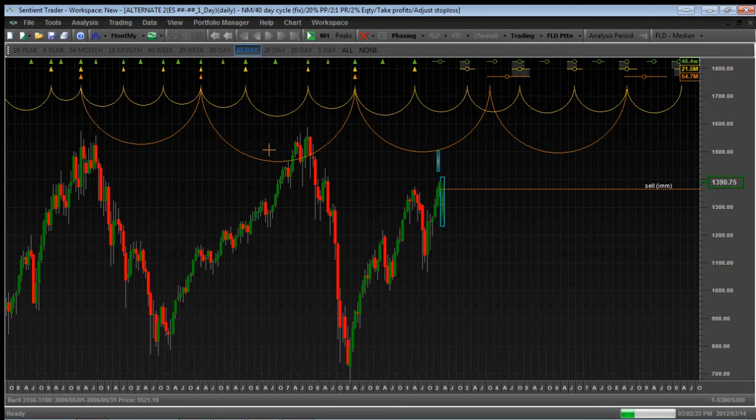Is that a valid analysis? I don't believe so, no, because this is a stock. Well, it's a future of a stock index. Therefore, it definitely should be synchronized troughs. But Sentient Trader makes it so easy to create new charts and create alternative analyses that the thing you should be doing with your workspaces is create a